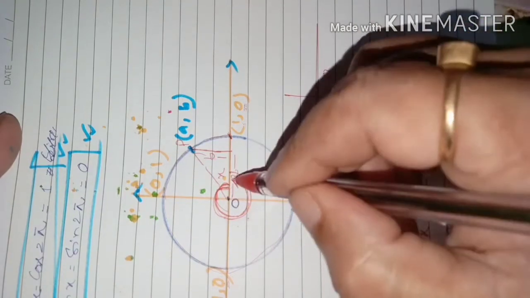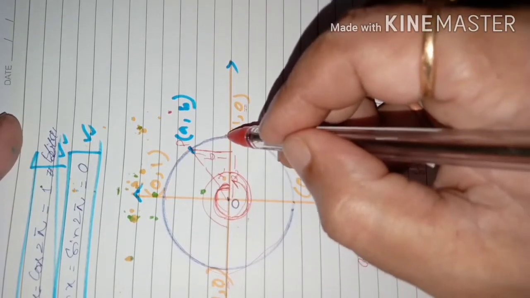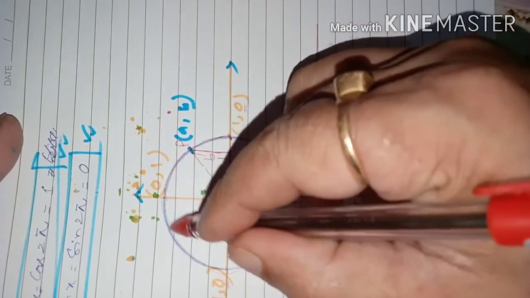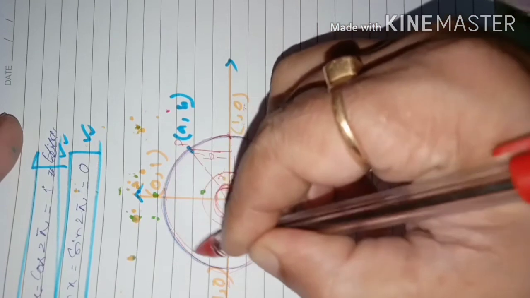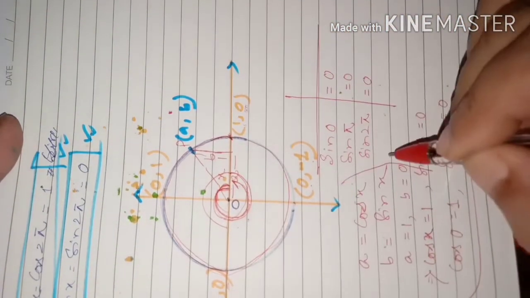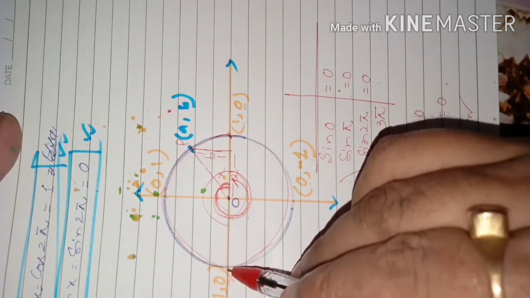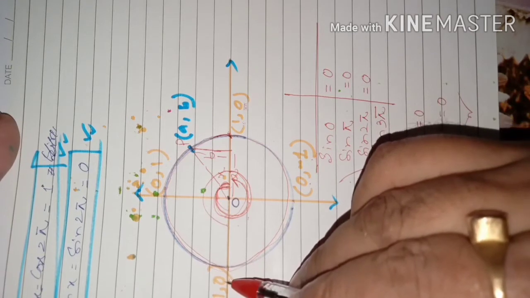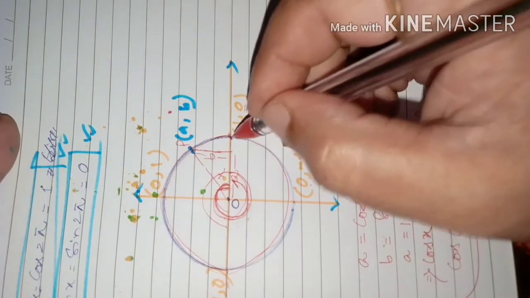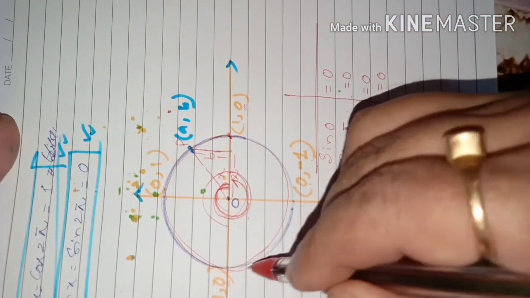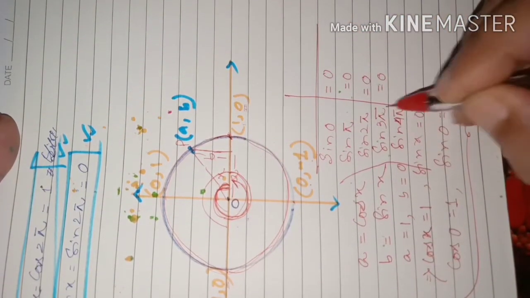Suppose the arc makes one more pi angle here, because it can. Suppose this is a moving point, makes pi angle, twice pi angle, and after that makes one more pi angle, so 3 pi. What will be the value of sin 3 pi? When the point is situated here, sin will again be 0. So sin 3 pi is also 0. For 4 pi, after that it again comes here, and sin 4 pi is also 0.